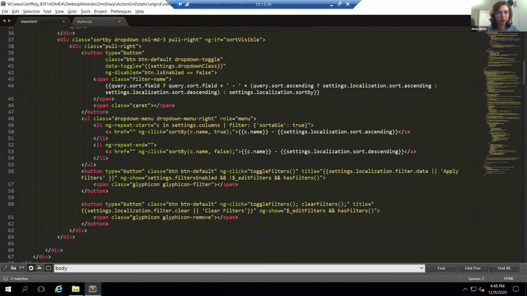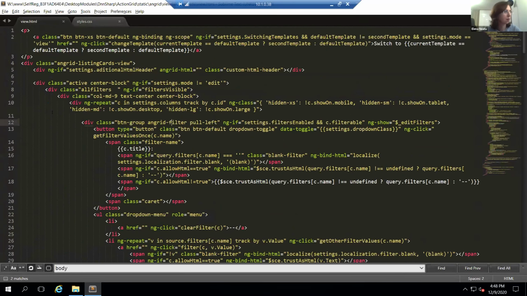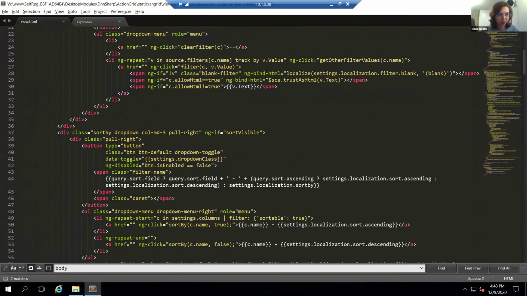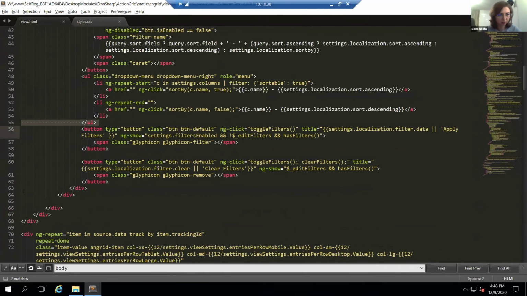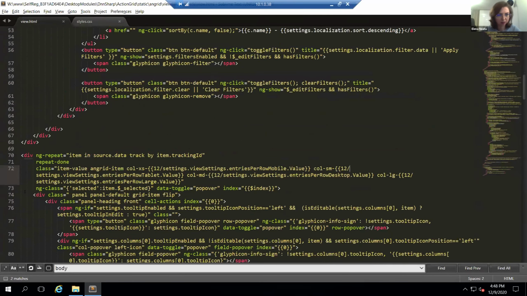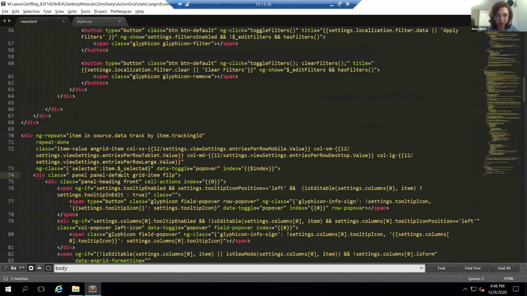So here, if we go into the view HTML file, we will have under the first item in the... one second here, I want to make sure I'm doing something right. So in the front, in the panel heading, we need to have the background image. In order to do that, we can just add a style property here,